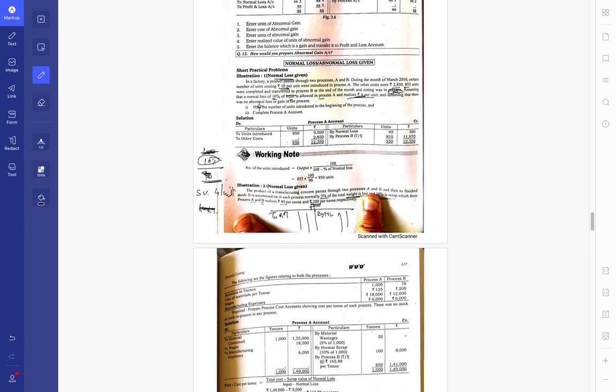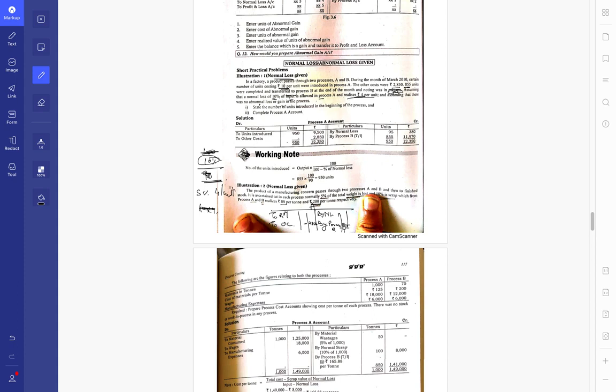Assuming that there was no abnormal loss or gain in the process, we are given that no abnormal loss or abnormal gain took place. So our items are fairly similar to other costs, which are given as 2850. We don't have any quantity over here. We know that the rest of the material is going to be transferred to process B. At what rate, we need to find out at a later stage. So we are given that 855 units were transferred to process B. So we can write this down, 855 units.